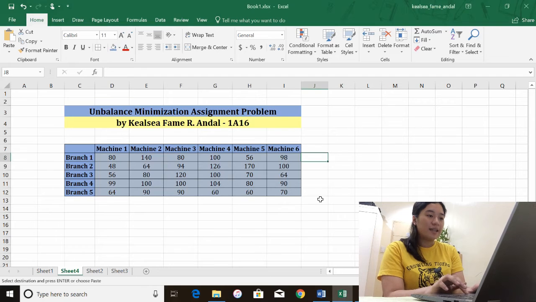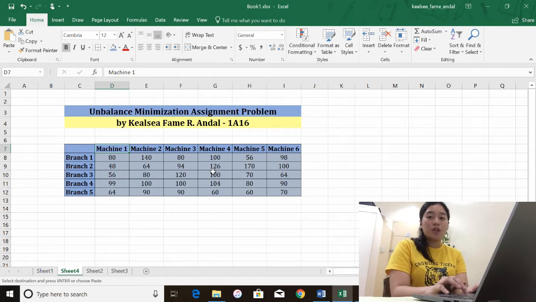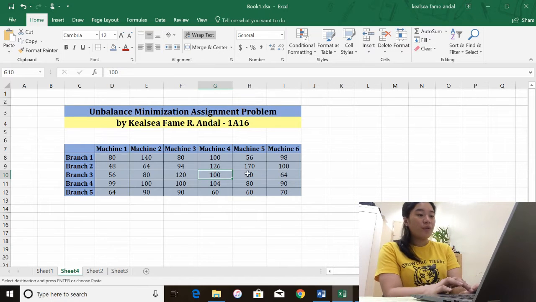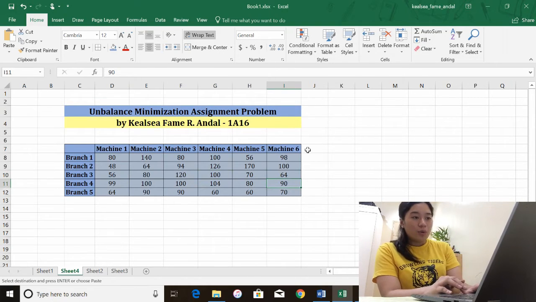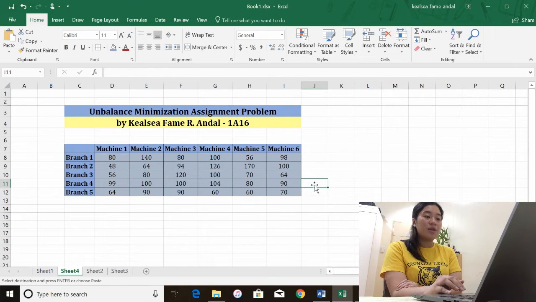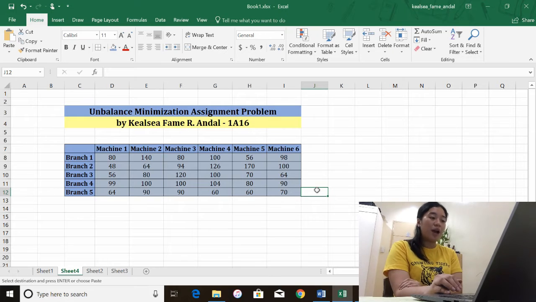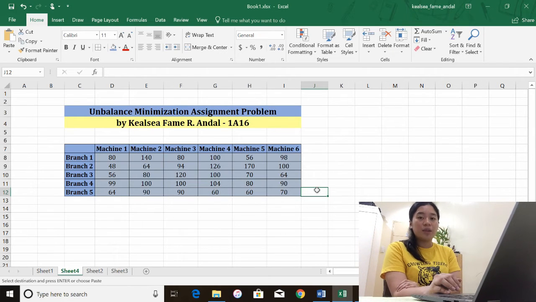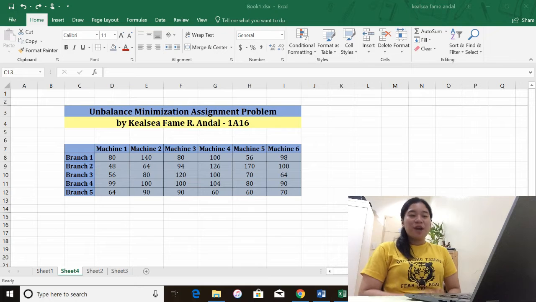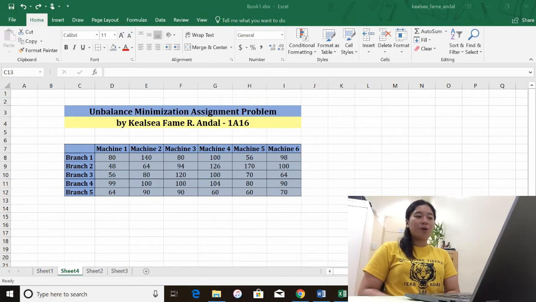So in an Excel, here I have provided beforehand the table that we shall need. So first, in order for us to solve this, we're going to use an Excel solver. Through the use of technology, we can see the minimal cost of each machine for the branch that they are going to be assigned to. Now that we have transferred the information from the Word file towards the Excel file, we're now going to use an Excel solver in order